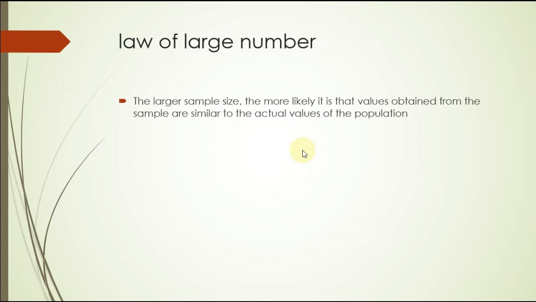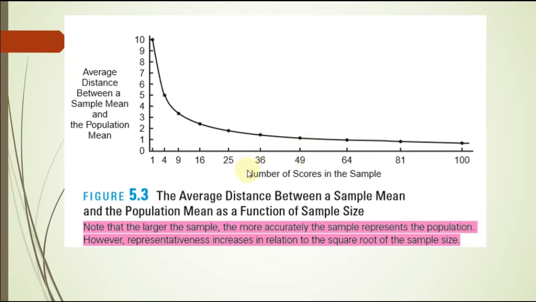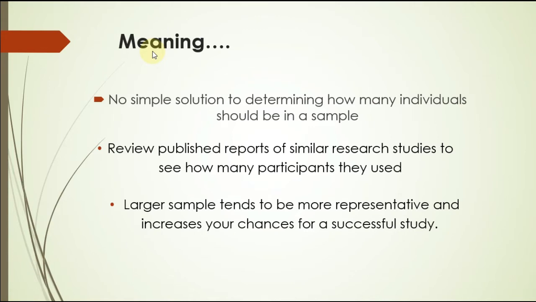And we have here the graph. Okay? We have here the number of scores in samples, and this is the average distance between sample means. Okay? So, ipinapakita sa graph na to na kapag mas madami yung number of scores in samples or number of population, mas mare-represent mo siya doon sa population. Okay? Or kapag mas madami ang mean score na nakuha mo, ay mas ma-generalize mo siya doon sa mean ng population. Okay? And meaning,